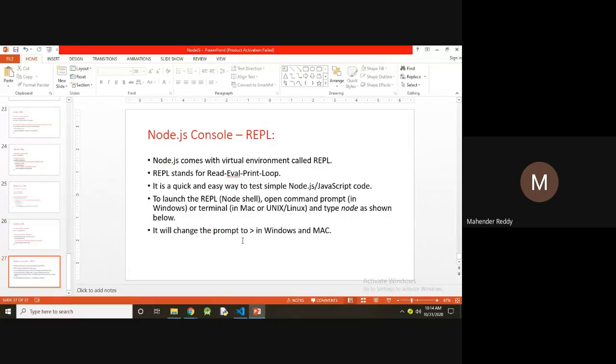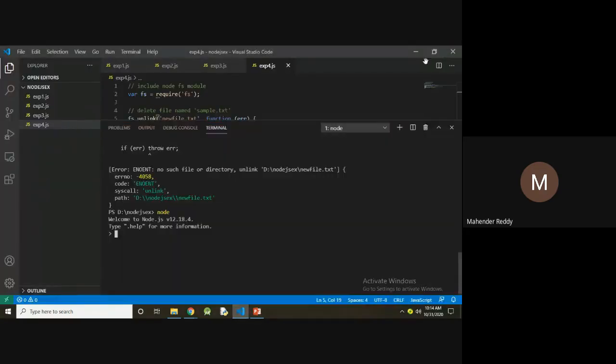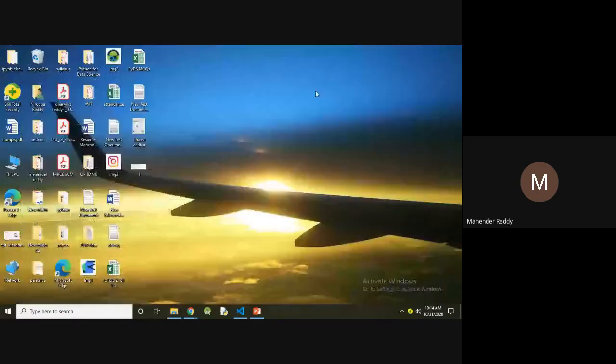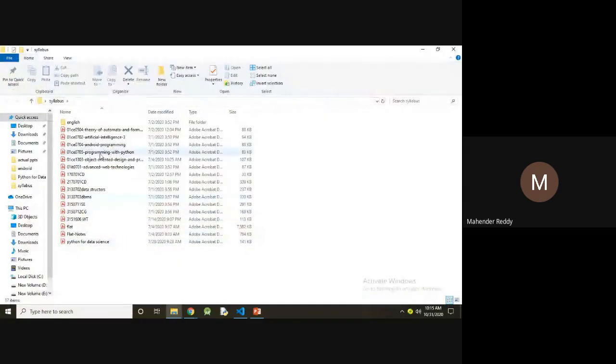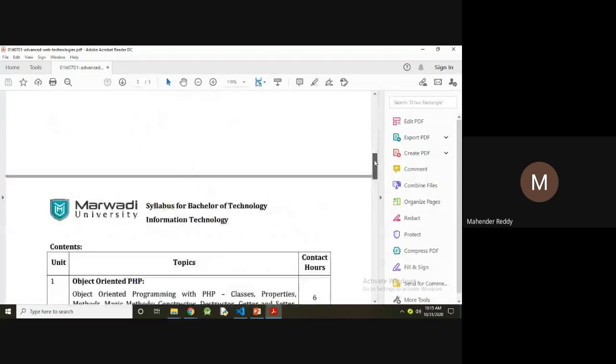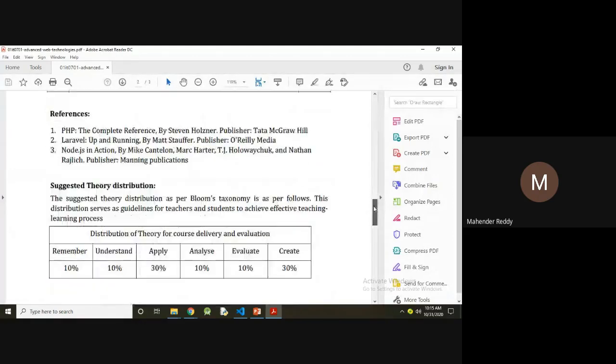In the next Tuesday class, REPL is also going to be completed. Only a few topics are left. When I started the class, only 20 members were there, now 50 members are there.